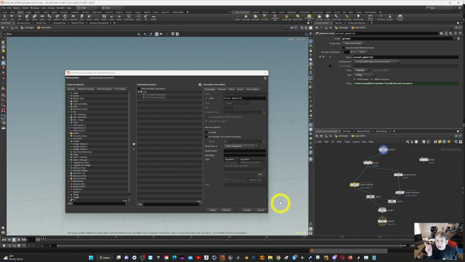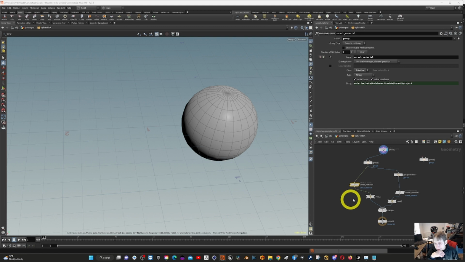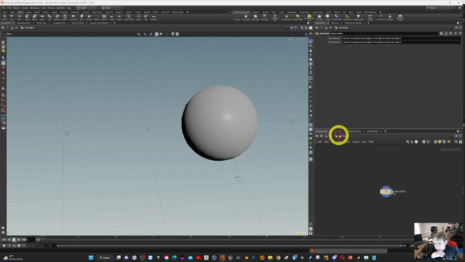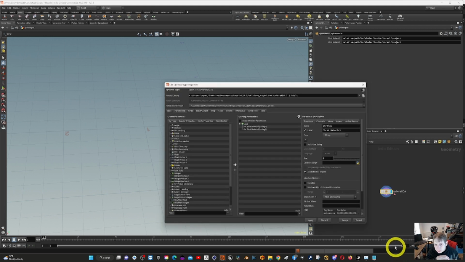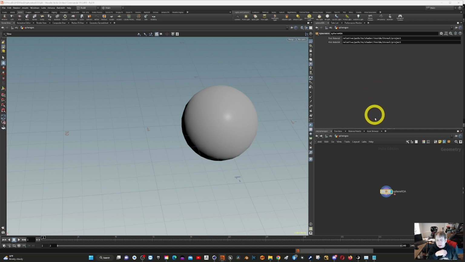So that is how that works. Now, if you want to delete, I found it's a little different. Let's go back up. In order to delete, you'd go into, I think it is this. Yeah, type properties, and then you can delete these if you wanted to. So that's how you create your interface, and you can put any parameter in here into this